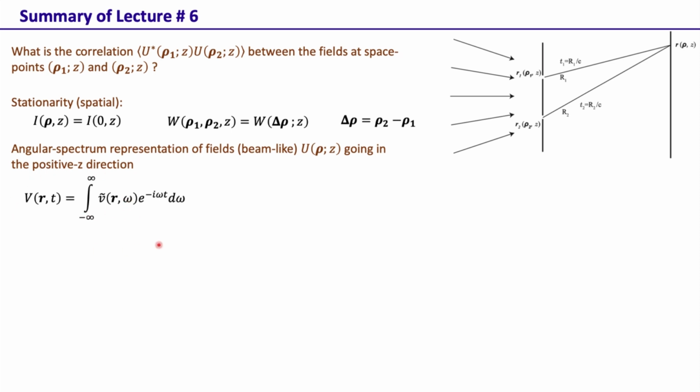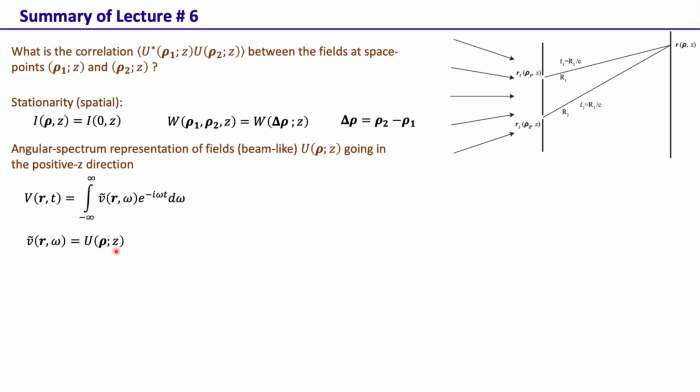In the time domain, we have the signal V(r, t). We just take its Fourier transform, and this Ṽ(r, ω) is the frequency domain signal. In fact, for studying this spatial correlation, we'll only be studying this quantity Ṽ(r, ω), which we actually call U(ρ, z). Since this is at a single frequency, we don't show the frequency, and just call it